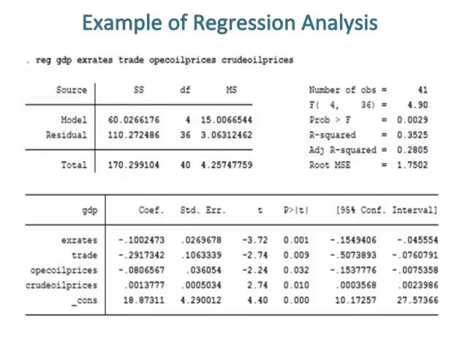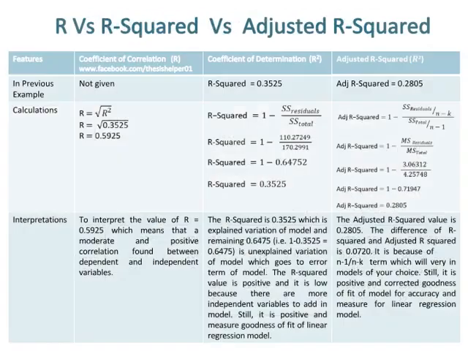Here is an example of regression analysis of time series data using Stata software. In the previous example, R is not given while R squared is equal to 0.3525 and adjusted R squared is equal to 0.2805. To calculate R from R squared, there is another short formula: take the square root of R squared. By putting in the value of R squared, we get the value of R equal to